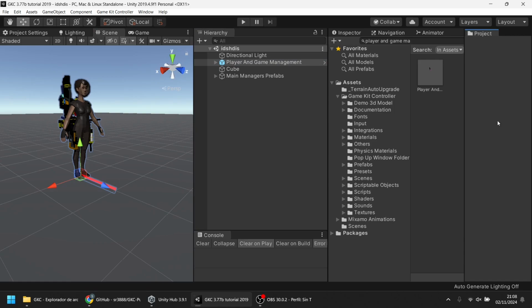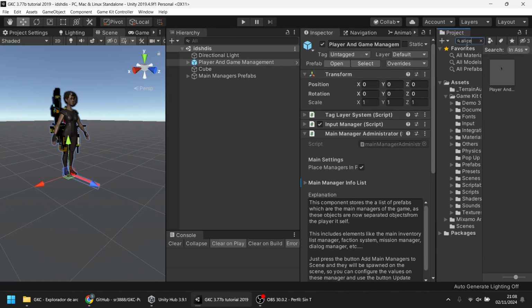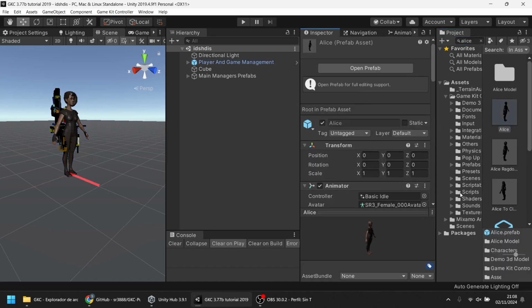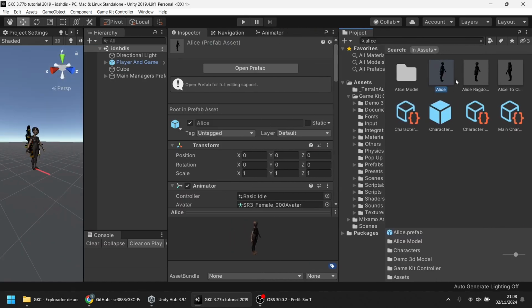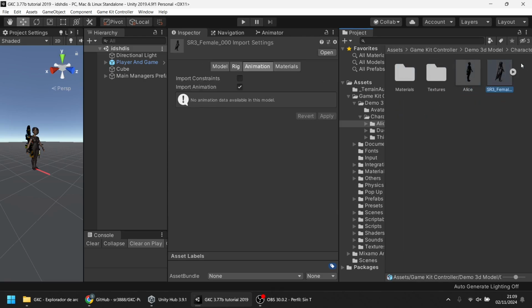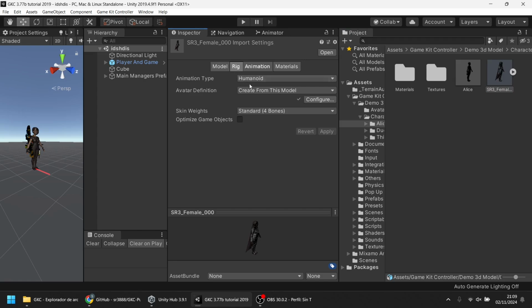Just make sure that when you use a model for the humanoid part, on the settings of the original FBX file of that model, you check here that the rig is humanoid in its setting, as many times when you import this kind of models into your project, they are generic.